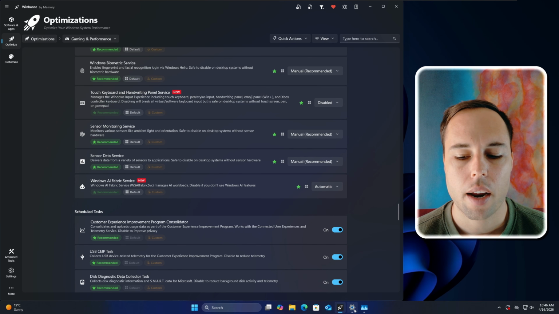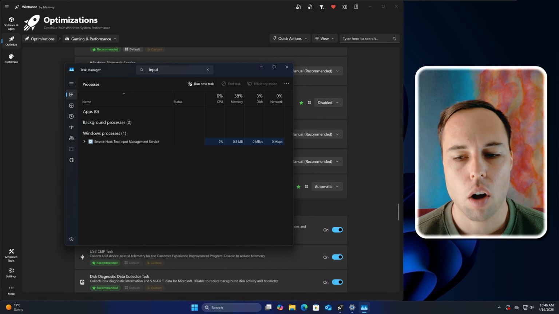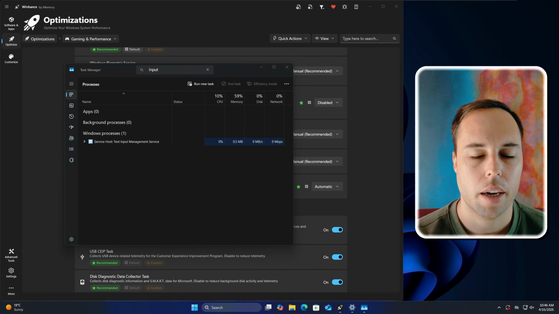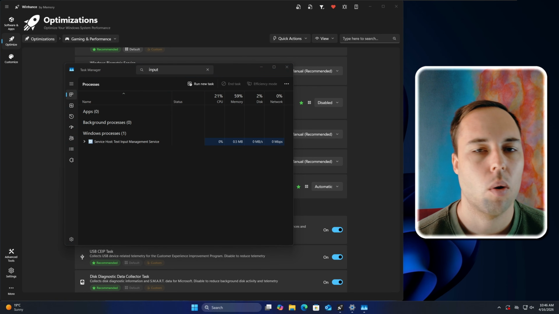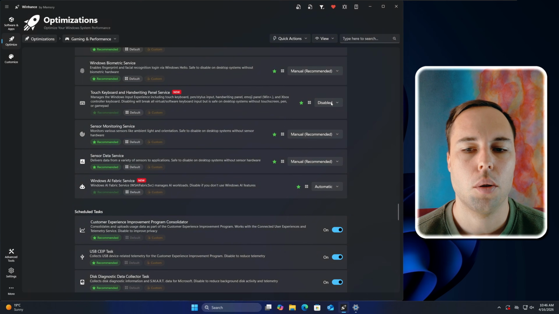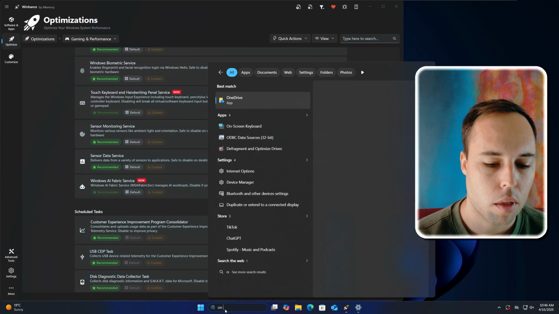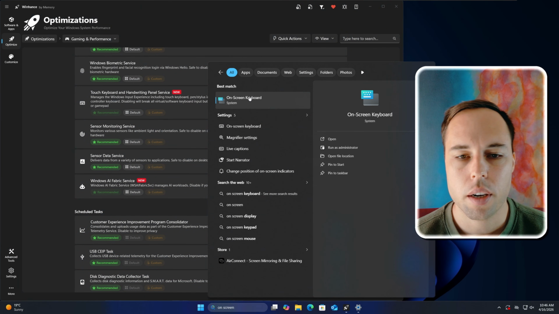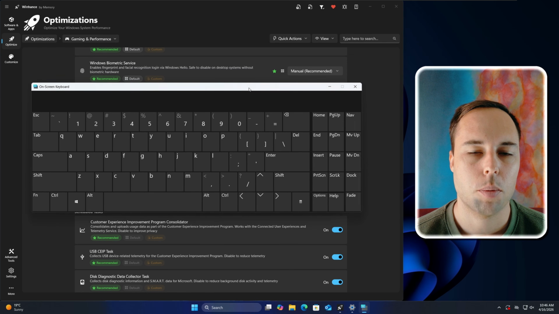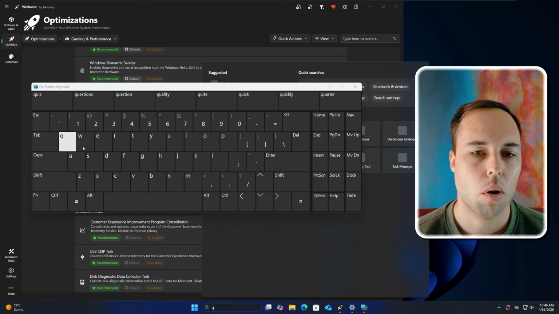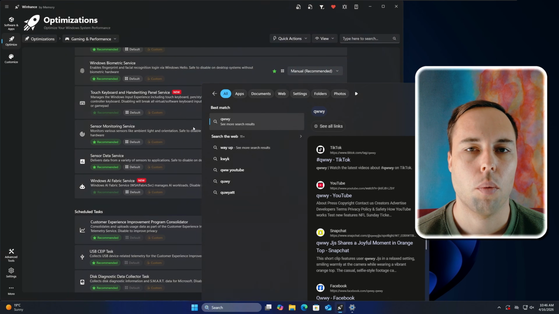And when I do that and I go back to the Task Manager, you'll see the background process is completely gone. And if I go ahead and press that shortcut again to try and open the emoji panel, it just doesn't work at all. It's not going to work until you set the setting back to manual or automatic. It is also worth noting that if you use the on-screen keyboard, that will still work. This isn't broken by this specific service. You can still use your on-screen keyboard to type or to put inputs into your Windows system.